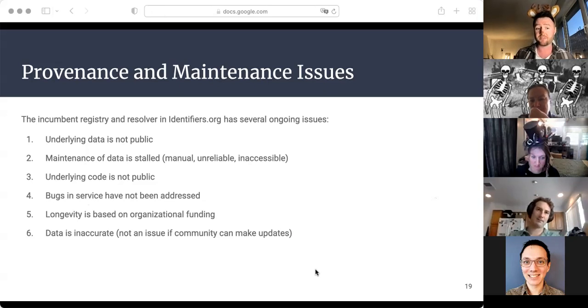One of the big problems with identifiers.org is that the underlying data isn't public. So it's really hard to allow people to get involved in the maintenance process, and it's only maintained by a very small group of people who aren't really publicly responsible for it. And so as maintenance stalls, we're getting unreliable help when talking to them on GitHub. There aren't really any other accessible ways to get in touch and make improvements to a service like identifiers.org. So this model isn't really working. Having closed data doesn't allow us to have a sustainable resource.